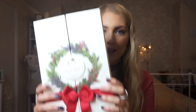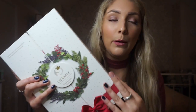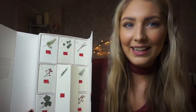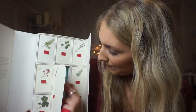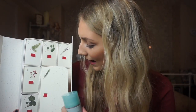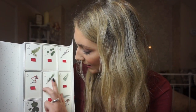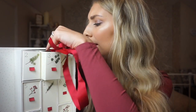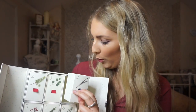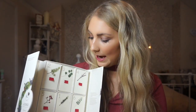So basically, obviously the packaging is so cute. I don't know how much longer this deal's on for, but if you're a Liz Earle fan, I feel like you might enjoy this. So you basically are getting, it's like a little advent calendar, but I don't think it is one. 150ml, so the big size of the cleanse and polish that I swear by, and then you get little treats of Liz Earle things in each one. So some of the cloths, a little mini toner, some of the oil, some sponges,